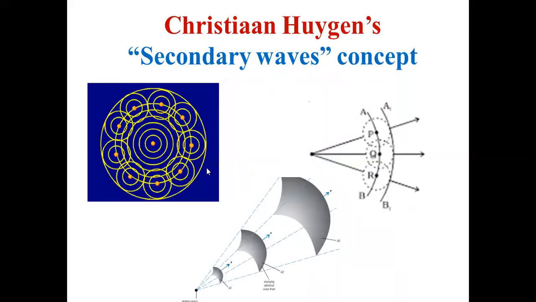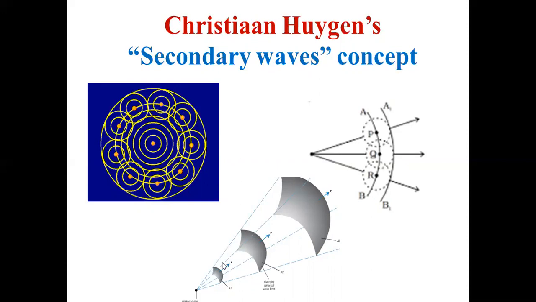And according to him, a point source of light emits its own secondary waves, and they will be in the form of a sphere, and every point on the surface of the sphere will act like a secondary source, and that emits its own waves further. We get concentric spheres like this. So this is how a part of the sphere is shown here.